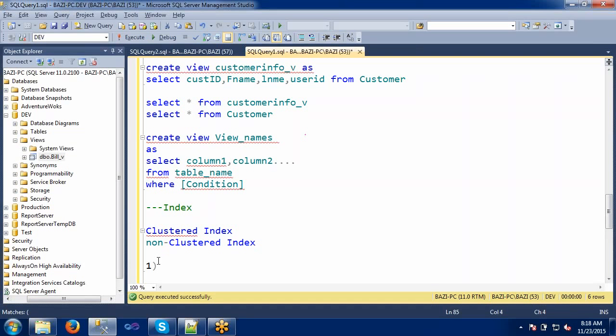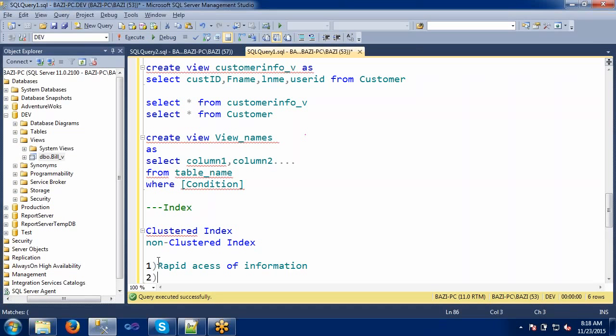It won't search through the entire records. It will create some indexes, and based on those indexes it will filter the data and display the records very fast. So the main importance is rapid access of information. It won't take that much time.